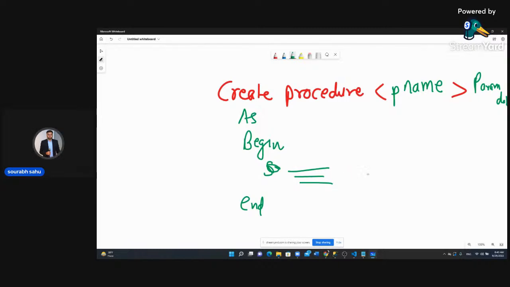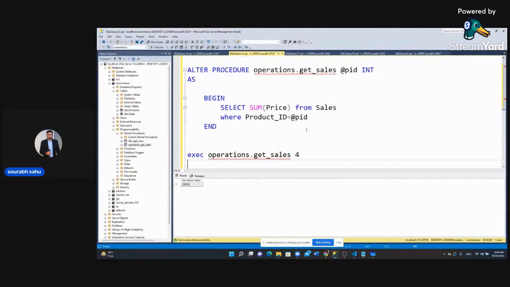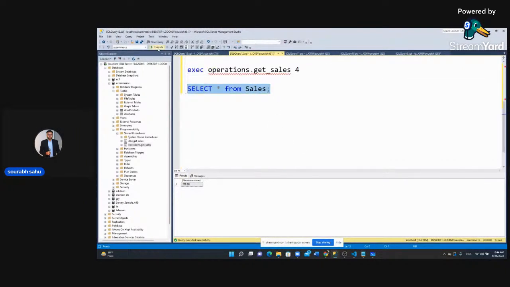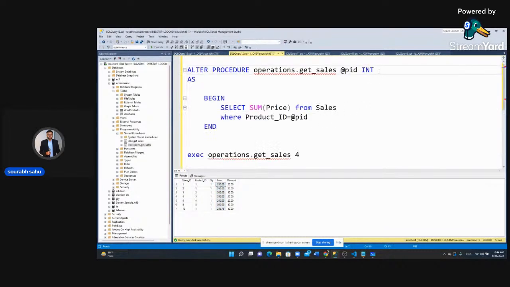like this. So it is not like you always write a select query over here. You can write any query, update, alter, delete. You can write any kind of query inside the stored procedure. Okay, also you can have multiple parameters. So tomorrow, let's say I want, so if I run this, I also want the price, the price which is more than 300. So in that case, I can write @price value, and here I can write decimal 5 comma 2,